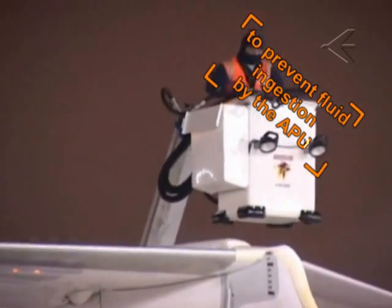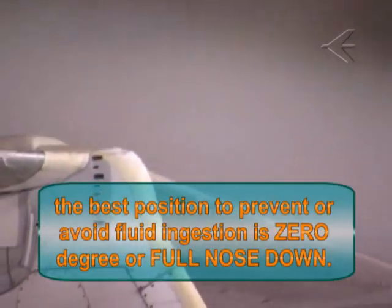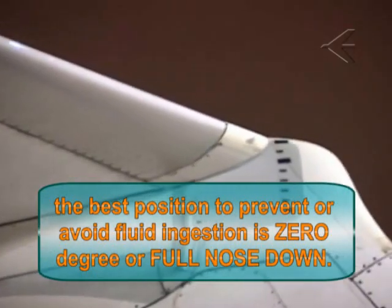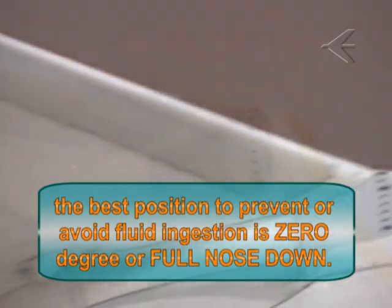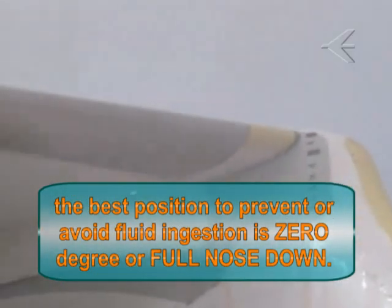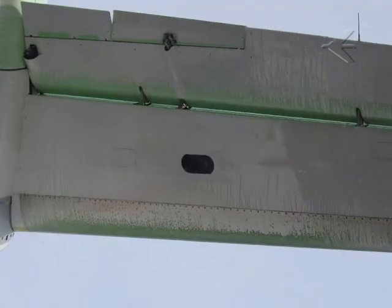Fluid survey and tests revealed that the best and recommended position to prevent or avoid fluid ingestion is between 0 and full nose down. The spray flow normally cascades downwards and aft, thus keeping the leading edge free of the drip that causes fluid ingestion into the APU. However, operators are reminded to frequently inspect surfaces for residue as prescribed in the SNL